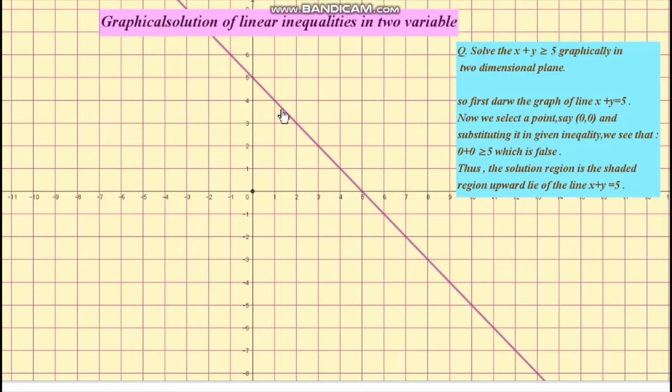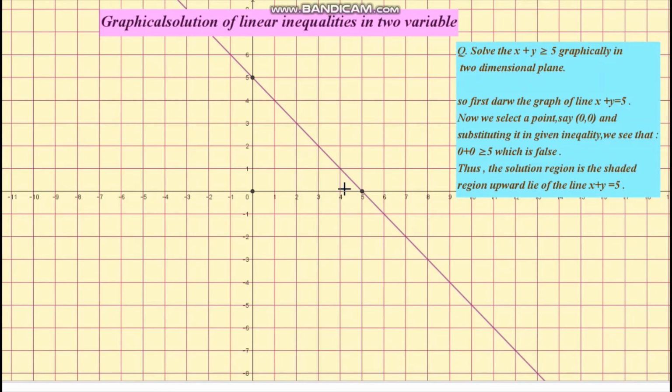So this is our tracing of the line x plus y is equal to 5. In place of x, put x is equal to 0, then y is equal to 5. So the point is (0, 5). If you put x is equal to 0, it gives y equal to 5, so this is the first point. Now put y equal to 0, it gives x is equal to 5, so it is another point. If we join these 2 points, this is the tracing of our line.